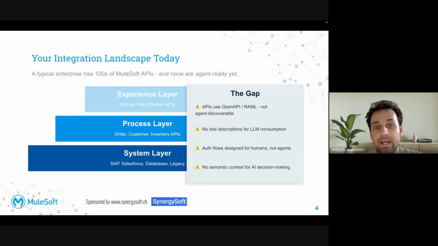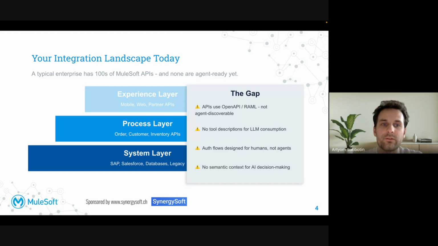This three-layered approach, system, process, and experience, was developed and governed through the Anypoint platform. It's ready to be reused. And the main question you can ask is whether it's going away, and what to do with this. But the real answer is no. It's not going away because it's an asset.